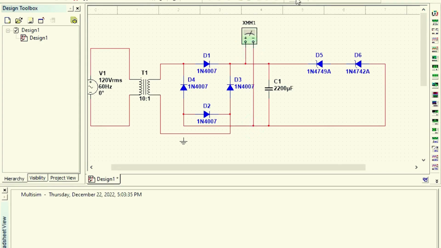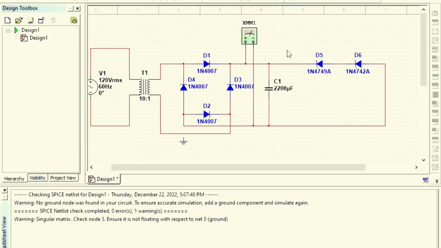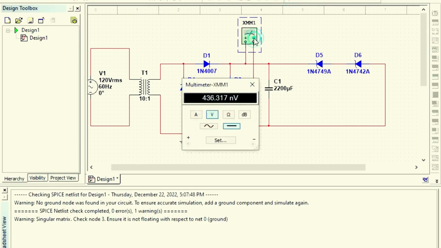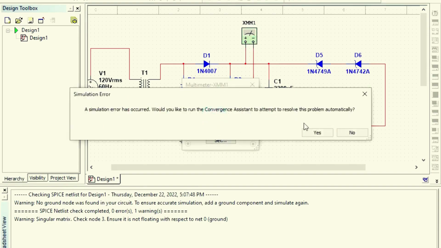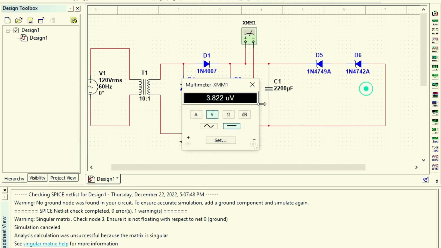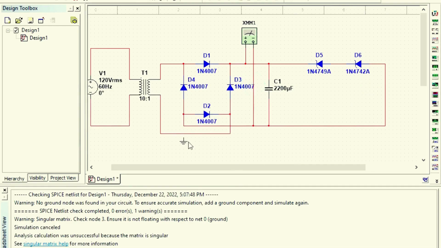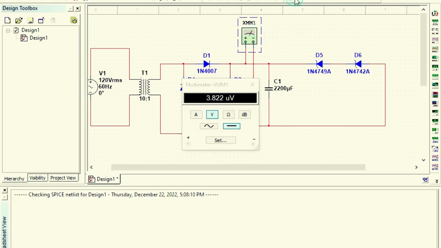DC output must range from 24 to 30 at this point. You can see the error when there is no ground. You can see 15 volts are there rather than 24 volts, because